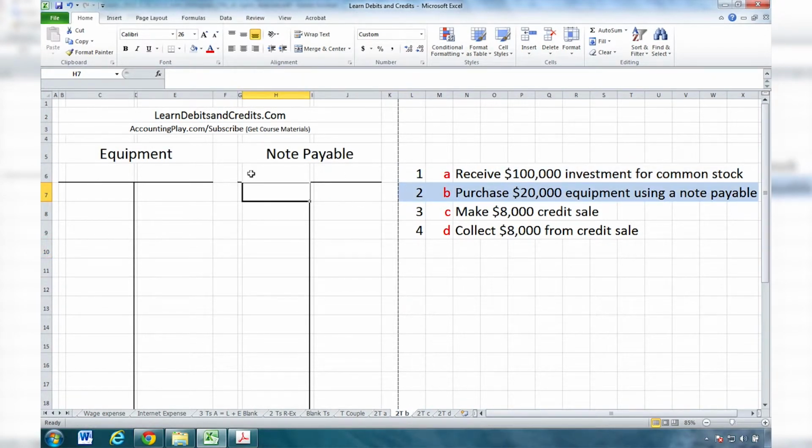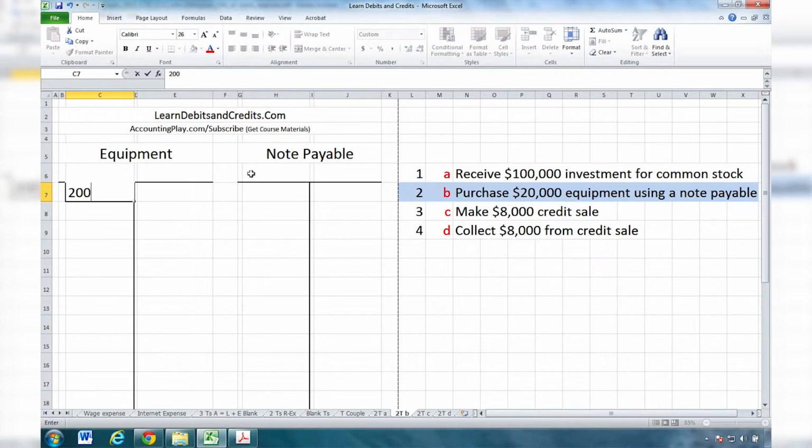Next, purchase $20,000 using a note payable. First thing is purchase $20,000. Did I use cash? No, a note payable. So equipment. Equipment is going up, and I'm thinking debit cash up, debit assets up. Perfect. Let's go ahead and debit the assets up,